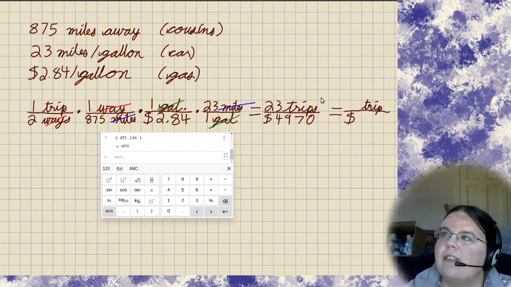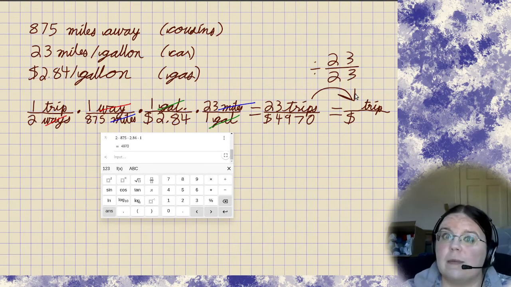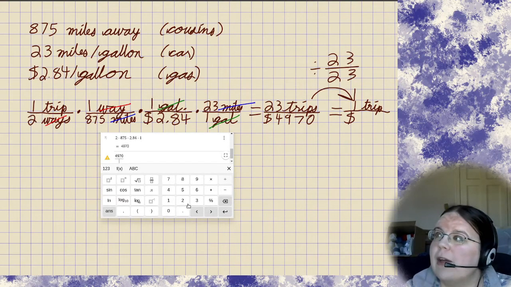But if they're not going to make that trip 23 times, if they're going to make the trip once, they can just divide out the unneeded 23 from both parts of the fraction. Again, this is just simplifying a fraction. We're taking out a factor of 23. So we know 23 divided by 23 would be 1. Then we need 4,970 divided by 23. And I get, and it rounds off for me, that's fine,